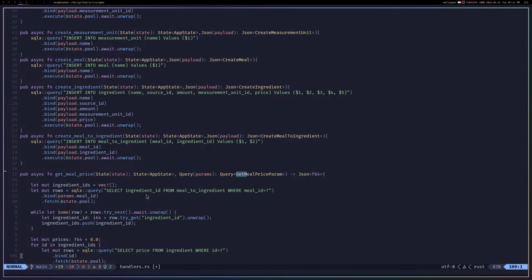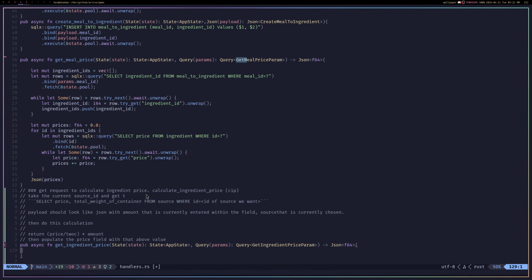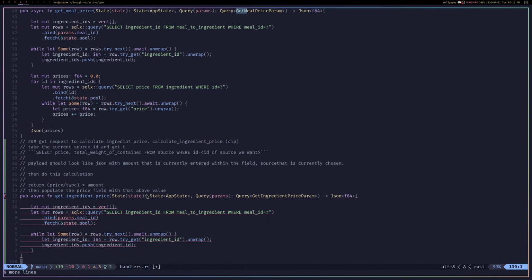I'll just set up mark. I don't know what I did. So paste this here, and we're gonna change this to, we'll have 2 arrays, or maybe create a tuple. Wait, no, we're only getting 1. So I'm gonna just name this price. So let price, let source price, right? Source price, which should be of F64